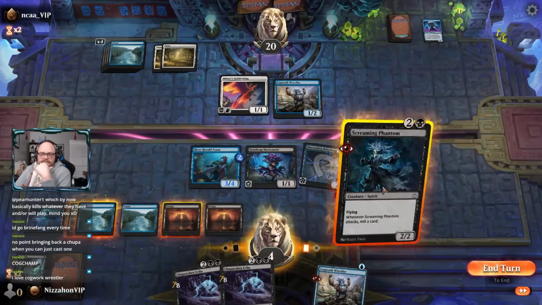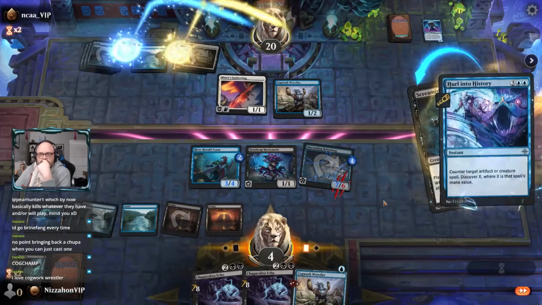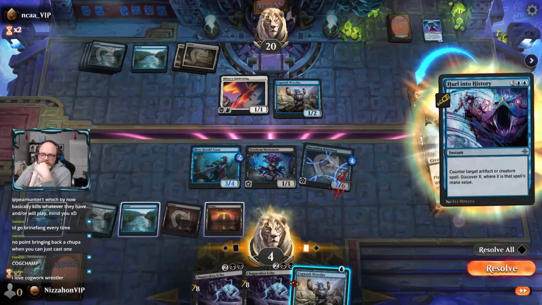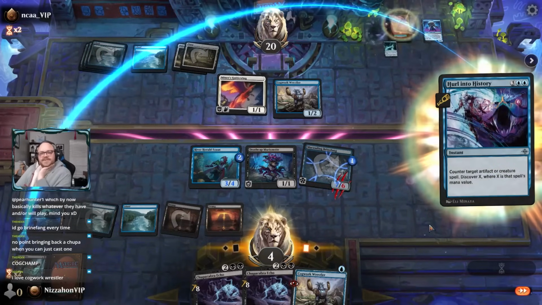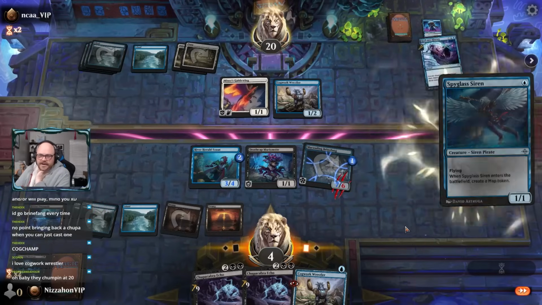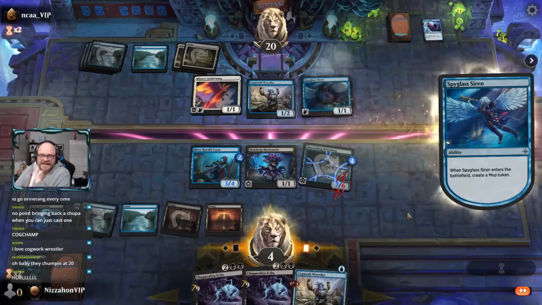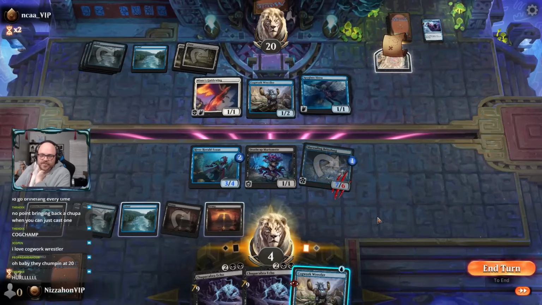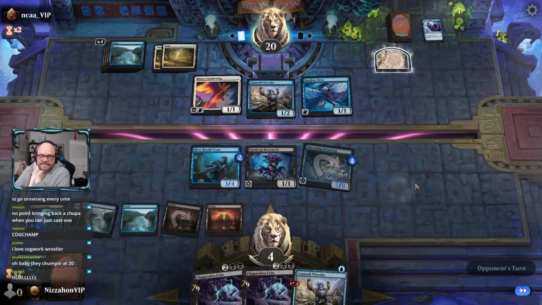All right, so I think we play Phantom. Well, that's annoying. The only good news... Well, yeah. So they get to discover X2. What do they hit? Spyglass Siren. Oh, good, another flyer. That is really bad. Like, that card, when it works, is so busted. When it doesn't, obviously it's not very good, but...